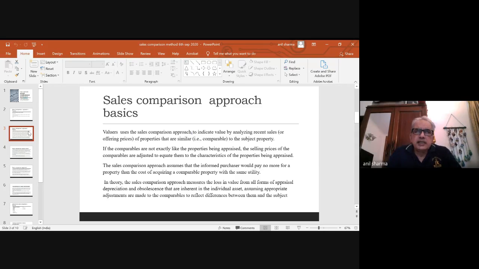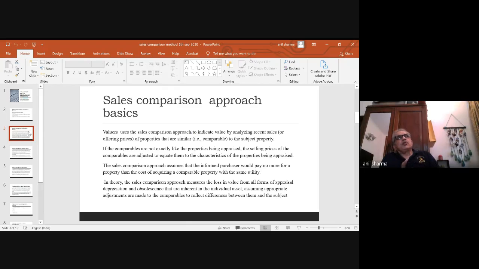So the sales comparison approach basically is you're trying to get as similar an asset as possible within the same time frame that you're trying to value, right, as much as possible. And you're looking at some data which is available to you from the market, which is giving you an indication of the value of the asset. So obviously this is the most reliable method because it was sold at that price just around the time that you're valuing. So it gives you a very reliable value of the asset, which is currently already tested in the